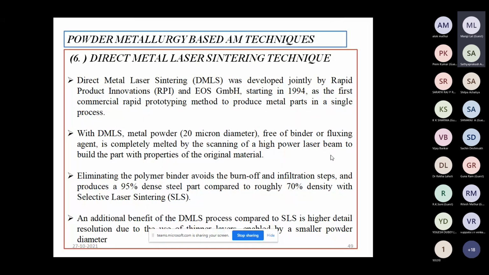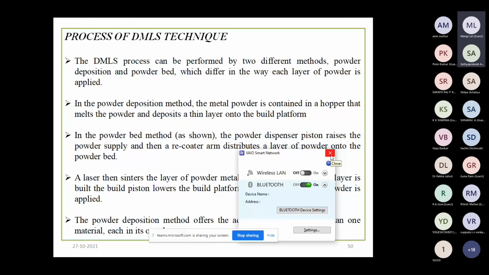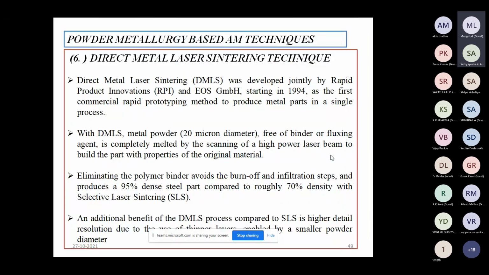One technique is direct metal laser sintering. It is basically similar to selective laser sintering, but in this technique we can use direct metal powder of 20 micron diameter that is free of binder or fluxing agent, and it is completely melted by the scanning of a high power laser beam.